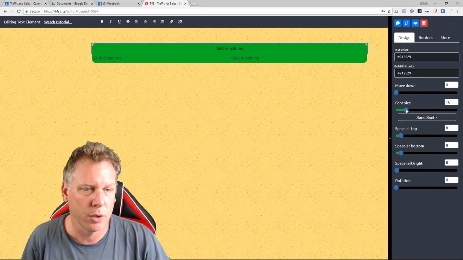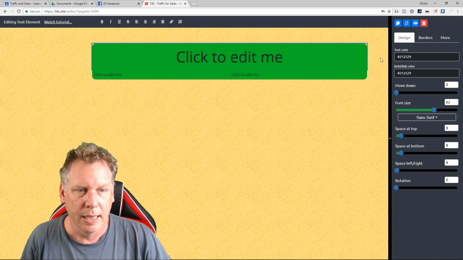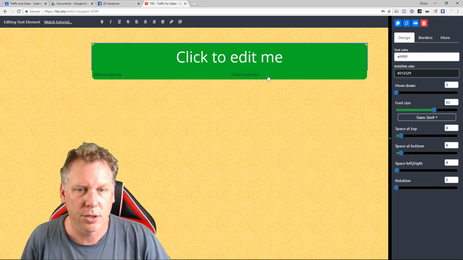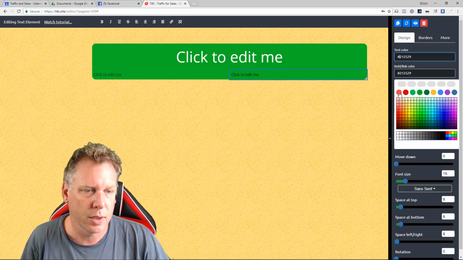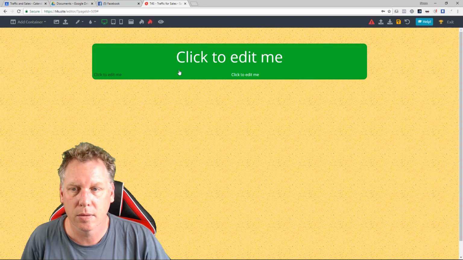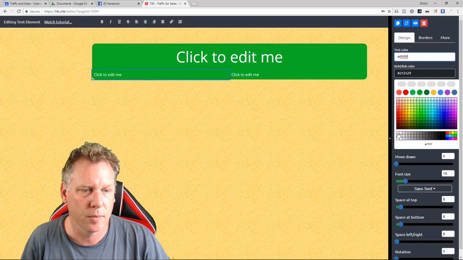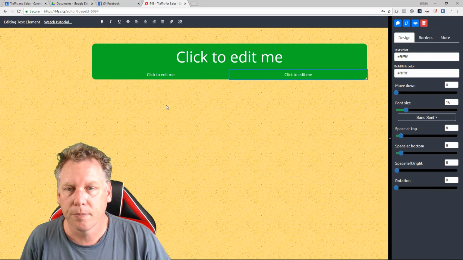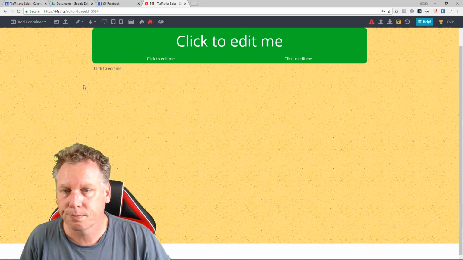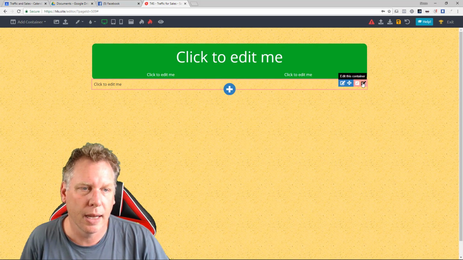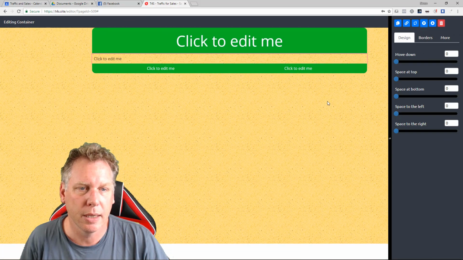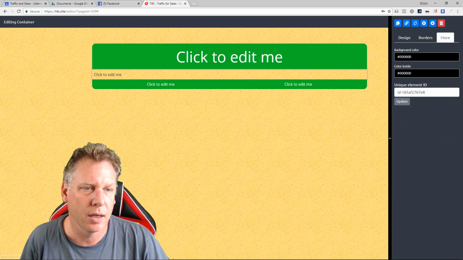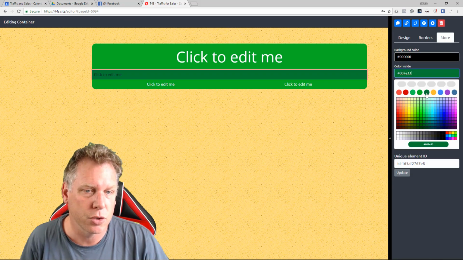And what you can then do, if you want to go on, is actually add another container in the middle. Let me just quickly show you that. Just tidy this up so we end up with what I showed you. I can put a column in the middle, so I add a new column and move it up so it's in the middle there, and then I can set the background color, the inside color, to